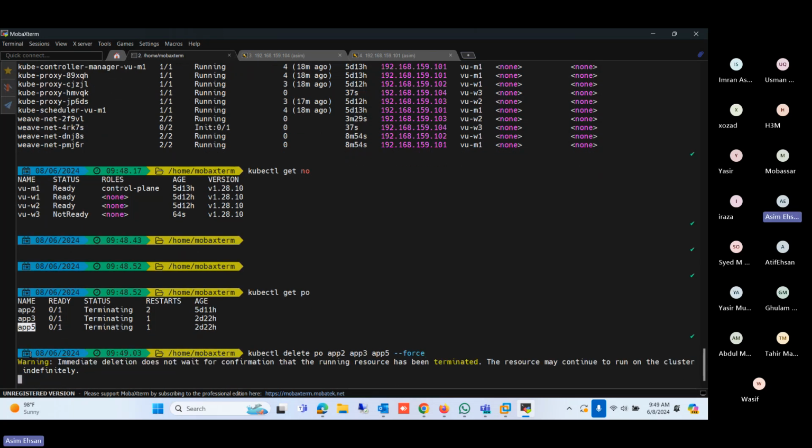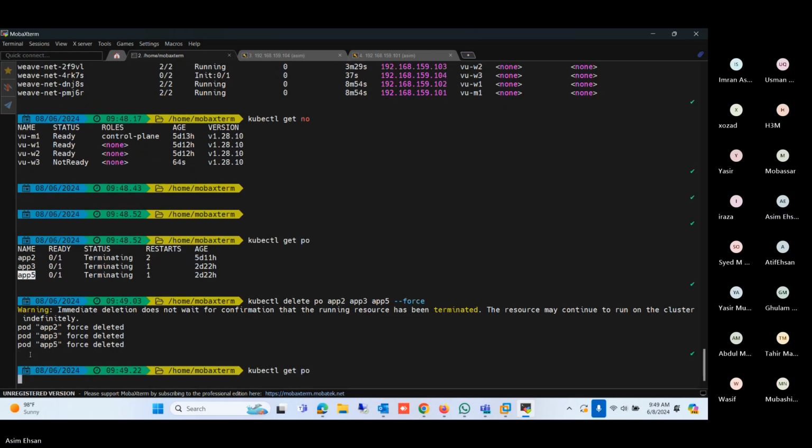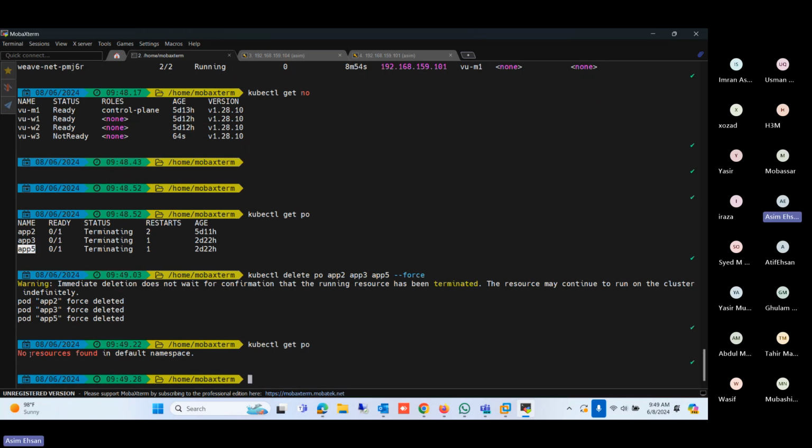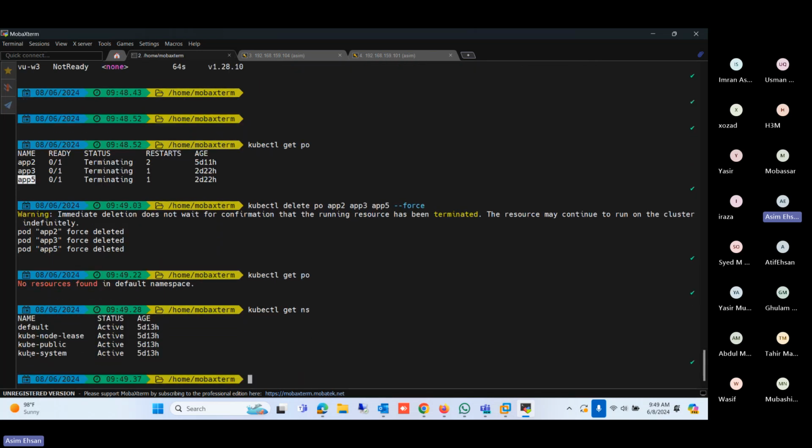I have not defined the namespace, so it will directly use the default namespace. Okay, now let me show you kubectl get namespaces. Last time we checked that we have